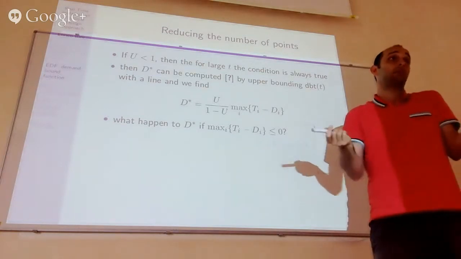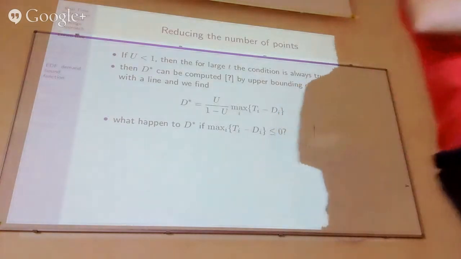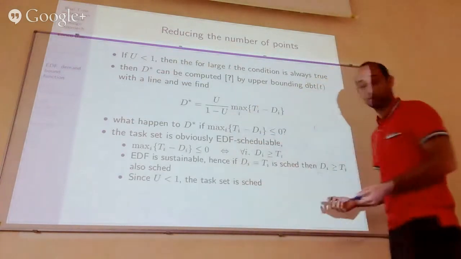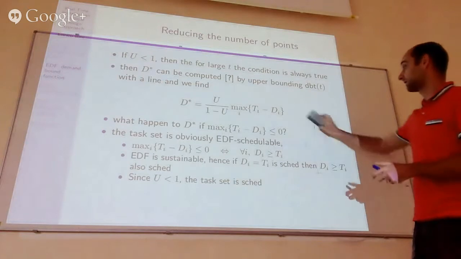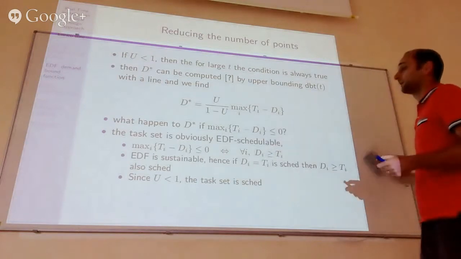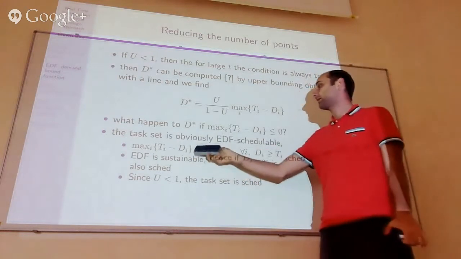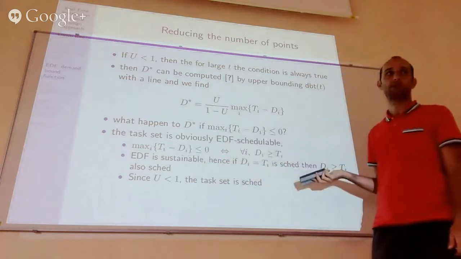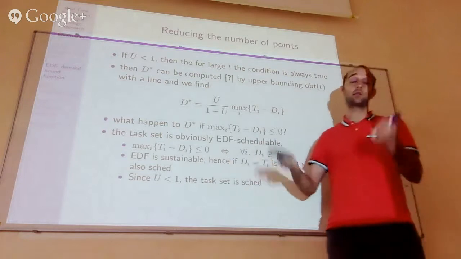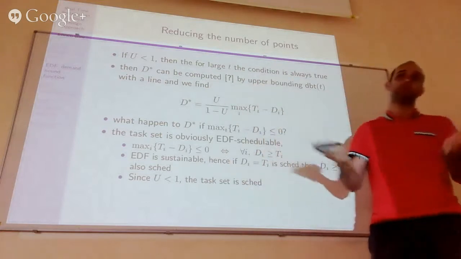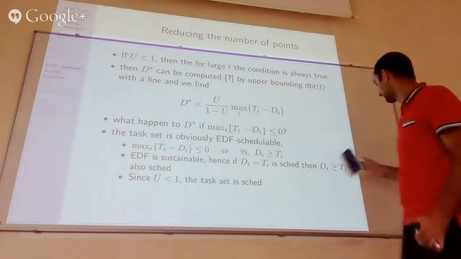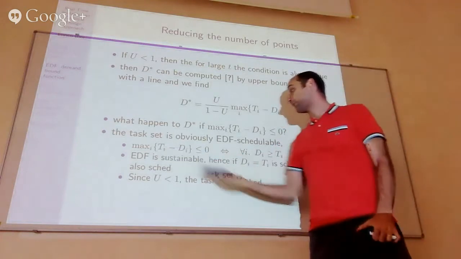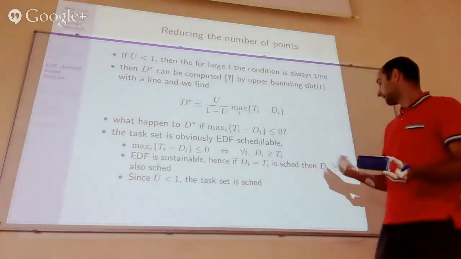It's scalable, and that's it. We don't need to do big magic, right? So the task set is obviously scalable because if the max is less than this, then it's less than or equal. Then we have all deadlines larger than period. Since I'm using this sustainability to prove something that is obvious, just to use a concept that exists and is around, since EDF is sustainable, then